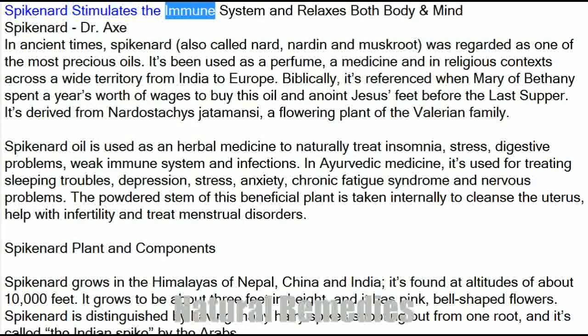Spikenard stimulates the immune system and relaxes both body and mind. Spikenard, Dr. Axe. In ancient times, spikenard, also called nard, nardin and muskroot, was regarded as one of the most